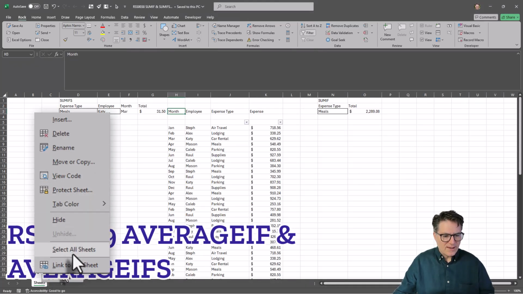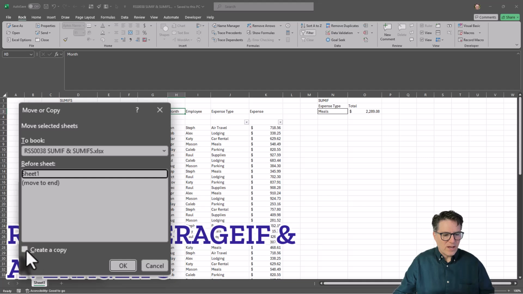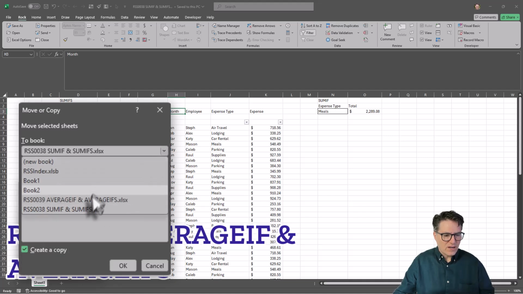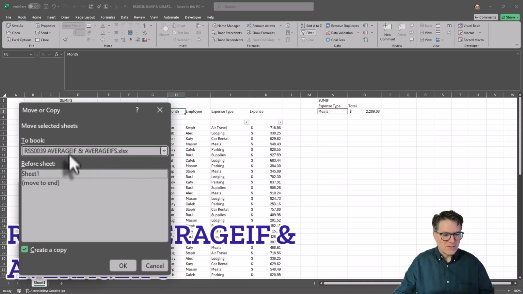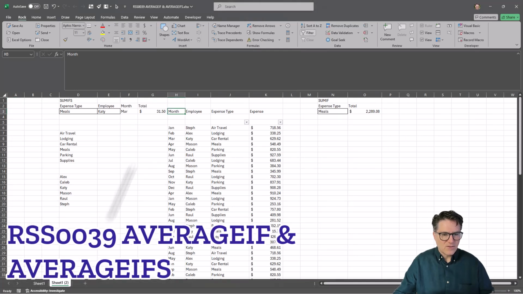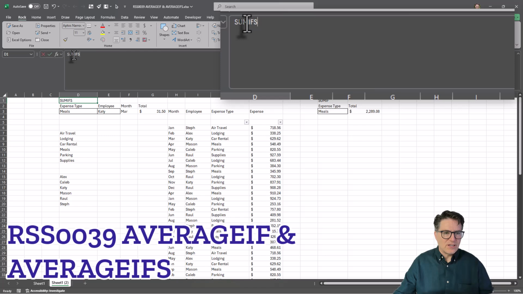I'm going to do a move or copy. I'm going to create a copy to this average ifs. I'm going to move to the end. Say OK. So now we've got what we were working on in the sum if and sum ifs file in the average if and average ifs. We're going to take this and make some modifications to it